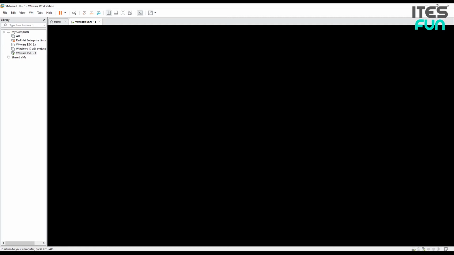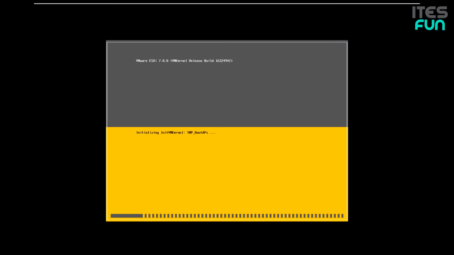So our machine is turning on. The boot process is similar to regular operating systems, like Linux we can say. It's showing the kernel release build as well.